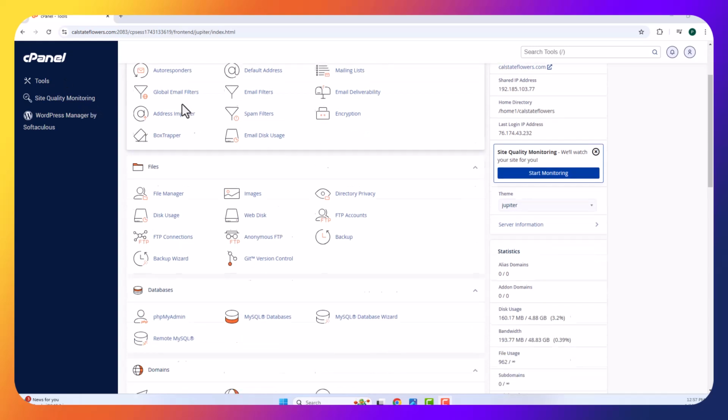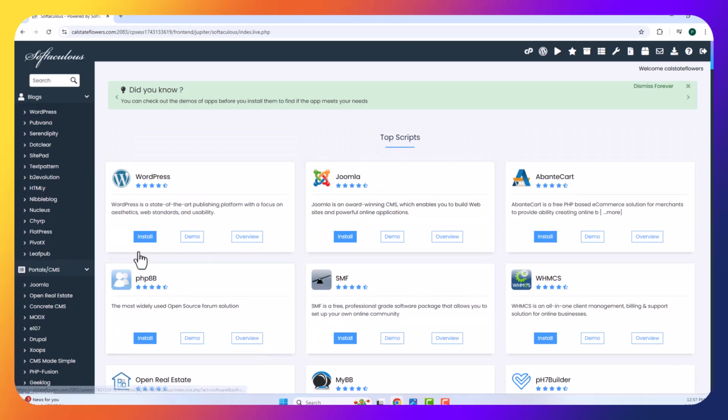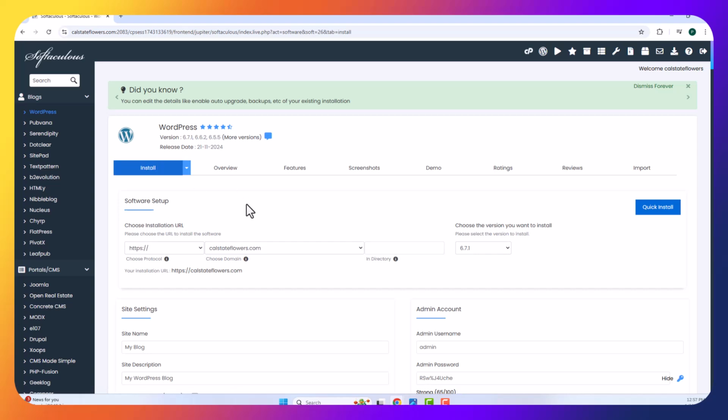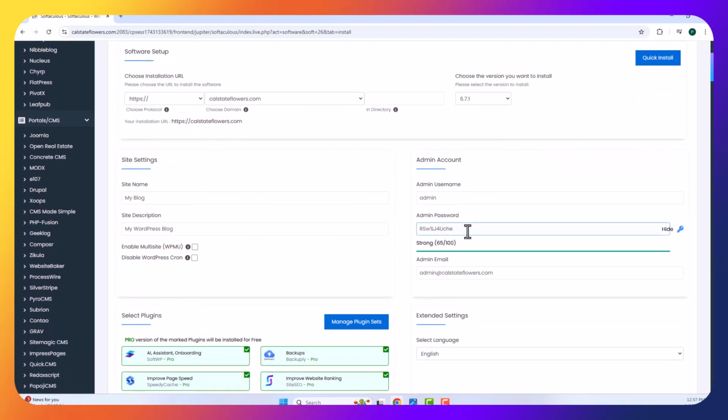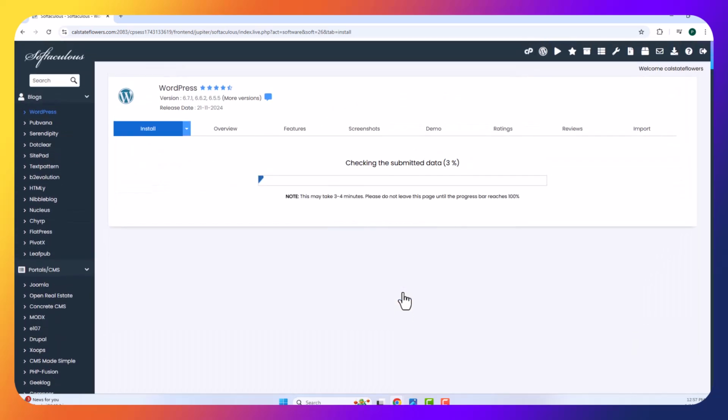And the first thing that I'm going to do is scroll down to this application installer, and then I'll install WordPress. And you'll see I just click this. I'll tell it that I want it on the front page. Any of those, I'm just going to tell it to install. And when I do that,